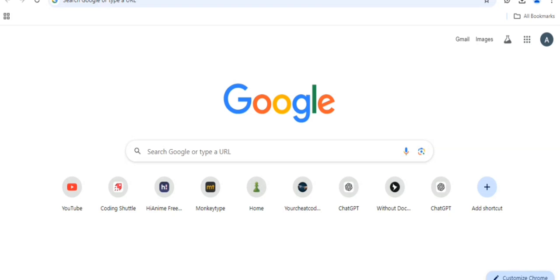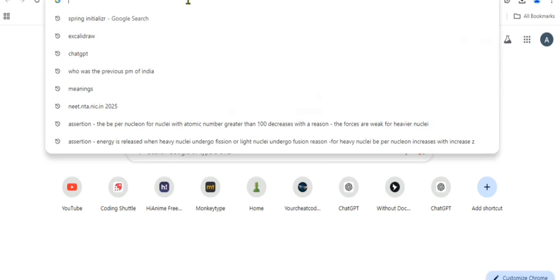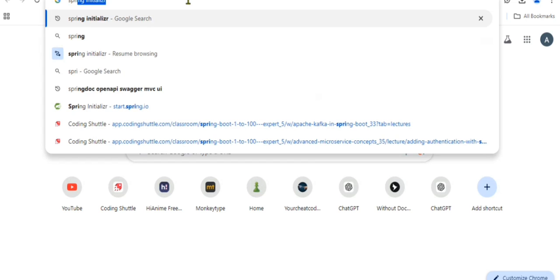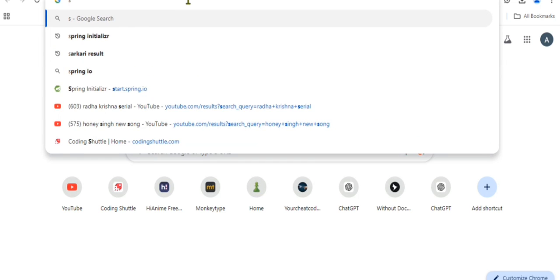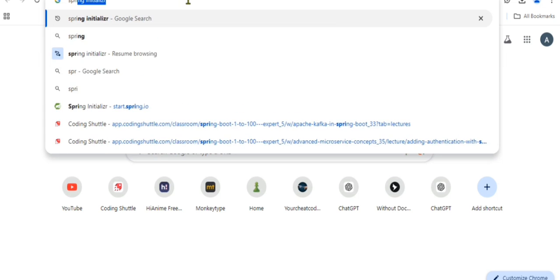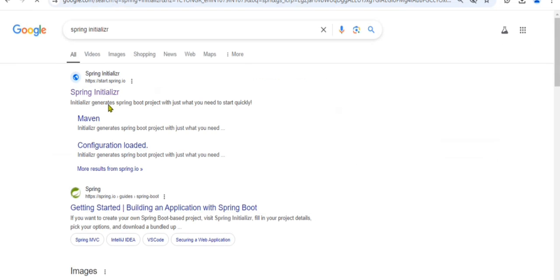So the first step is to go to any browser and type Spring Initializer, or you can type start.spring.io, whatever you want. I'm typing Spring Initializer and clicking on the link which first appears on your screen, and you will move